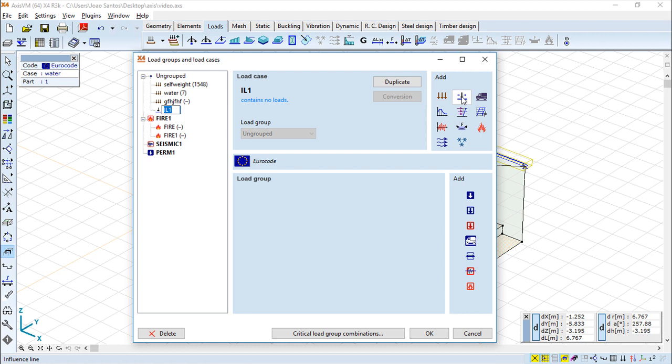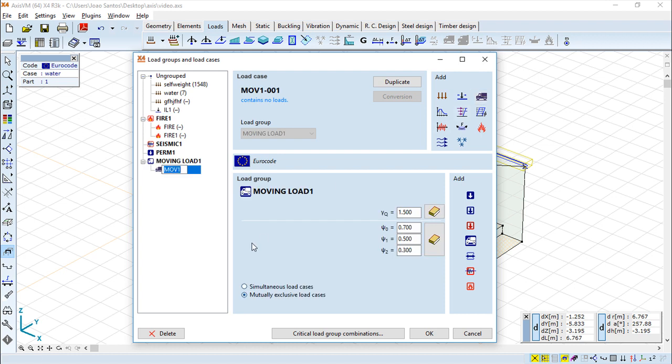The second one is called influence line, and this lets you apply a relative displacement load to obtain the influence line of a result component, and we can do this on a truss or beam element. Then we have a moving load, and in this moving load we have several parameters which we can define. We can define a couple of options here, and we have also